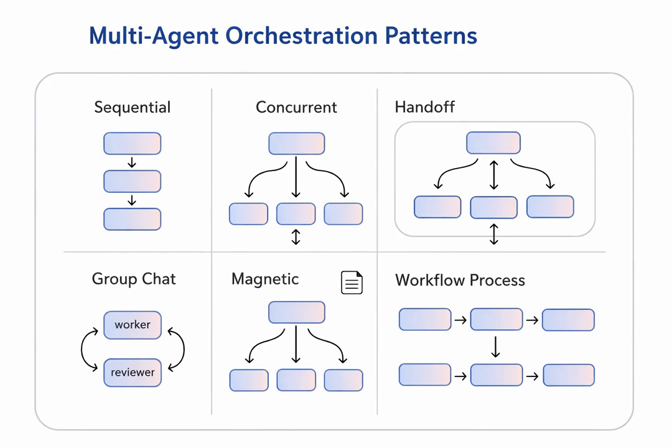In multi-agent collaboration, coordination is key. Microsoft Agent Framework has provided various orchestration patterns, a sequential pattern like an assembly line, a concurrent pattern where everyone works together, a handoff pattern like a relay race, and a team pattern that simulates group chat discussions, among others. No matter how complex your business logic is, there is always a pattern that meets your needs.